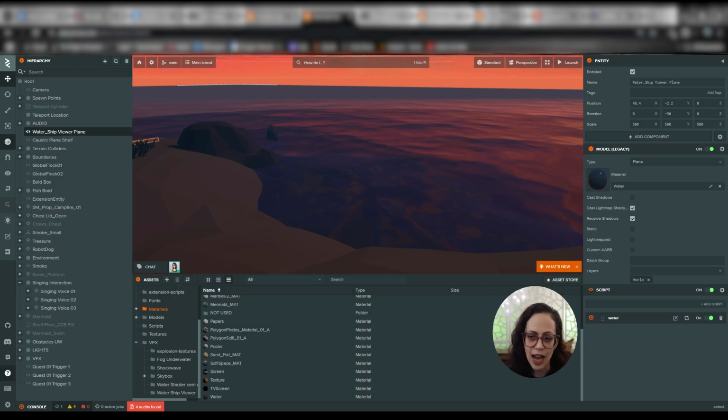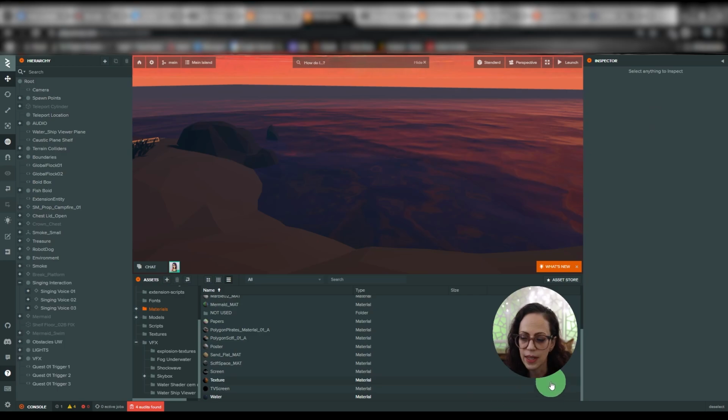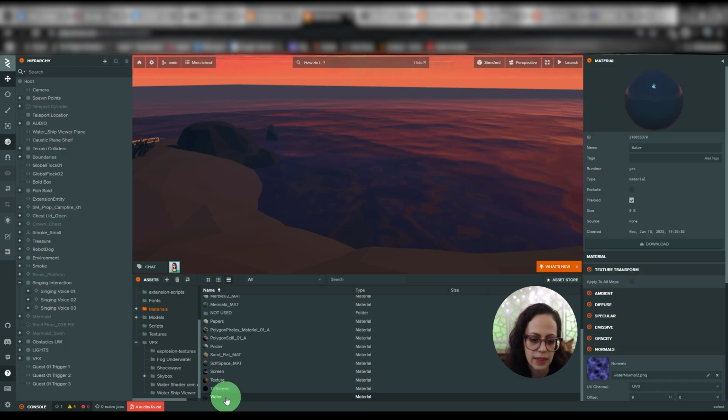After I copied over the elements that I wanted to use from the ship viewer project, I created a plane. On that water plane, I added a component, a script, and it was the water script from that other project. Then I needed a material. So let's take a look at the material that I'm using for this. So the material that I applied to the plane